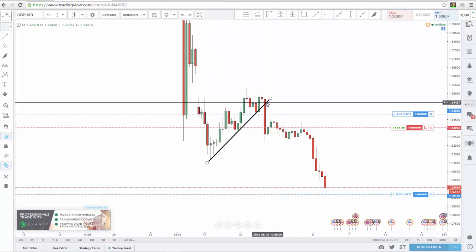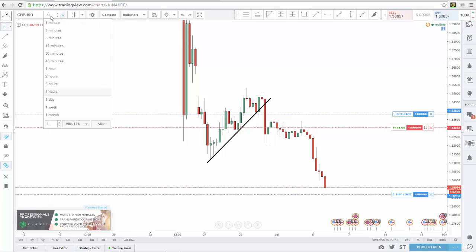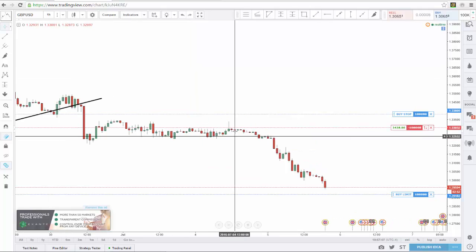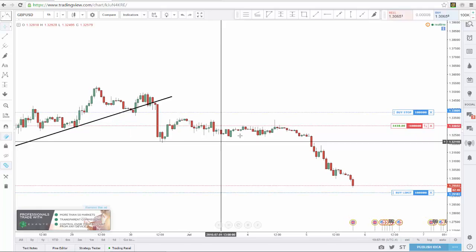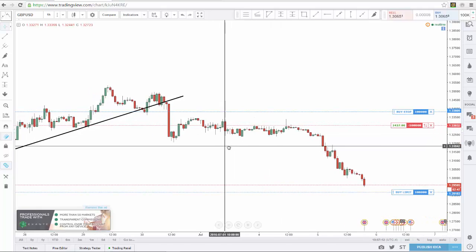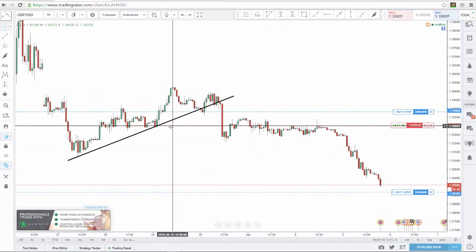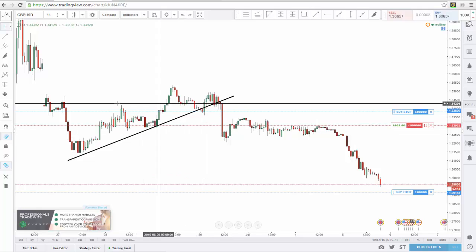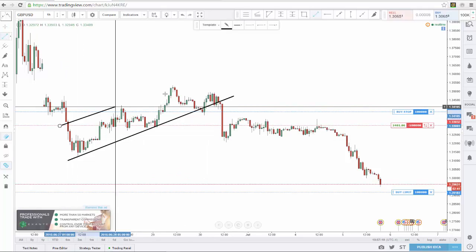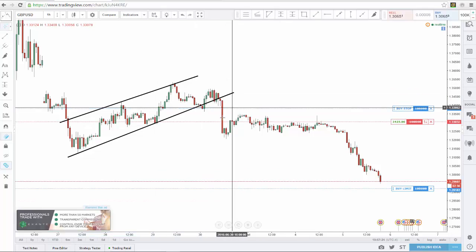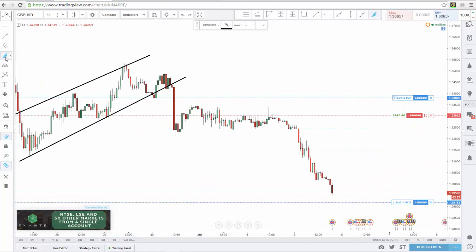So now I'll take you to the hourly chart and show you some more confirmation that I got from here that gave me the confidence to enter this trade. So we already have the engulfing candle on the daily, the breakout of the flag pattern, clearly seen here on the 4-hour chart. And now if we look here, you will see that we have